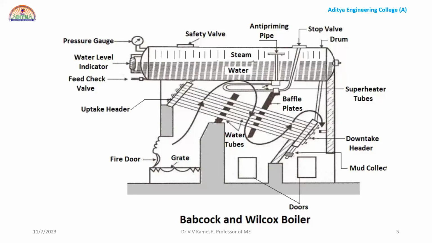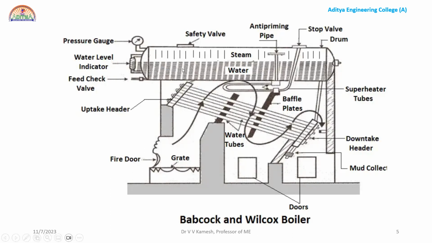We already discussed the classification of boilers by the axis of the shell or cylinder: horizontal, vertical, or inclined, right? So here the boiler shell will be horizontal. Now you can see here,